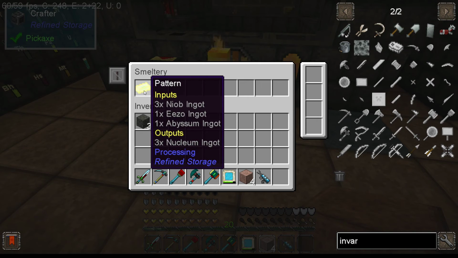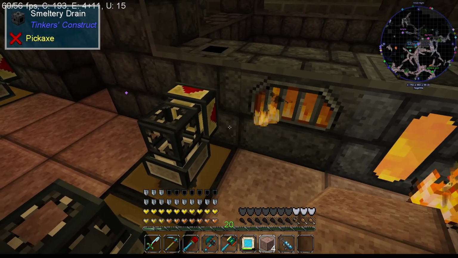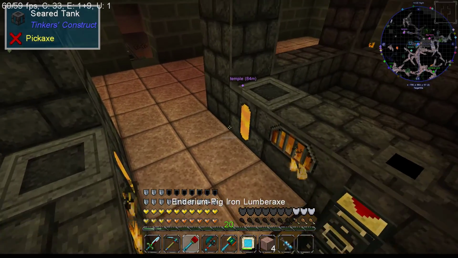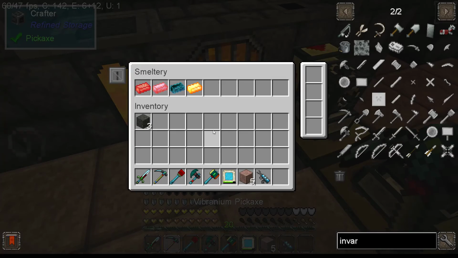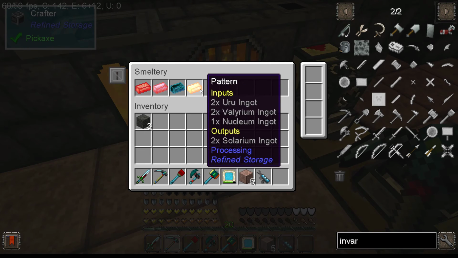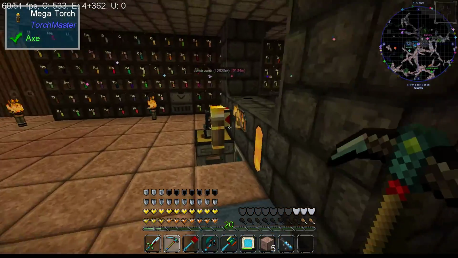So in here, I have Nucleum, which takes 3 niob, 1 ezos, and 1 abyssum. And then over here, if I'm not mistaken, is it Uru? Promethium? No, Uru? Yeah, I have Solarium. Solarium takes Uru, Valerium, and Nucleum. Now, if I don't have the things alloyed right at 2-2-1, so 1 Nucleum, whenever this makes Nucleum over here,